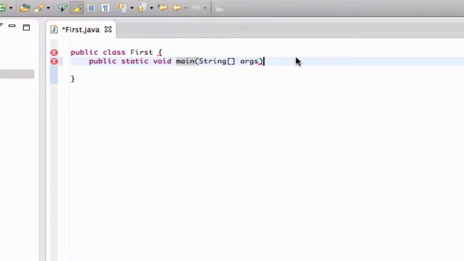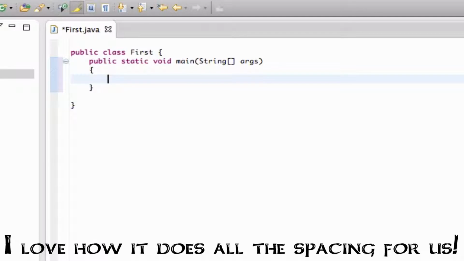So wait, something I'm missing here. We have to add in a squiggly line bracket thing there, and then now we can start. So now we want to press enter and type in